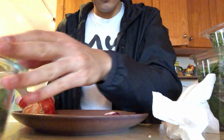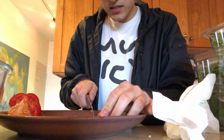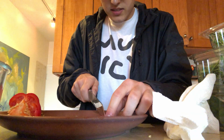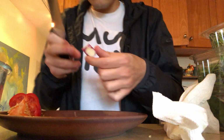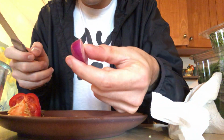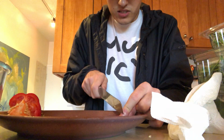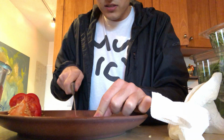Alright, so now we have this tiny top of an onion. I don't even know what to do with this. So what I did, and at first you're going to be confused, but we have this top of the onion. You don't want that, so I cut around it, and we got other sides of the onion. And what we're going to want to do is just, like I said previously with the pepper, cut it into